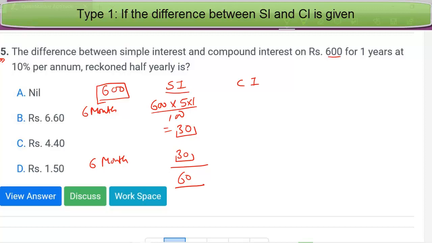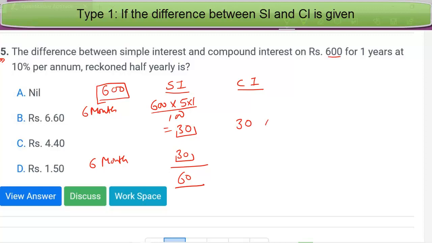But in compound interest, you are getting interest on the interest which has been accumulated in 6 months, because compound interest is also reckoned half yearly. This is why this money is getting bigger in case of compound interest. So this money, that means the 30 rupees that has been accumulated as simple interest, will give you some interest, and that will make the difference. So I can directly write